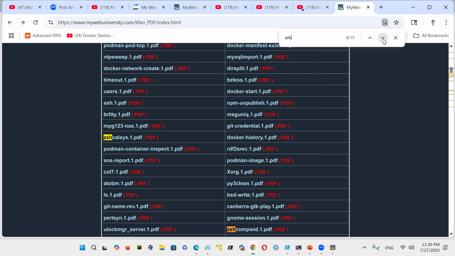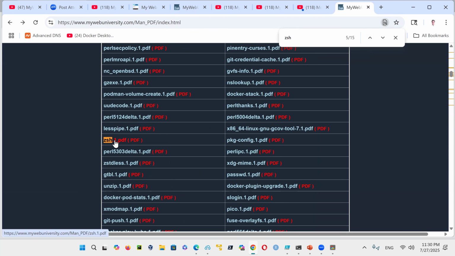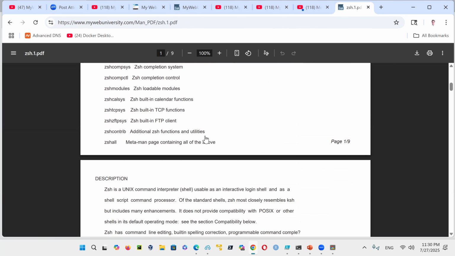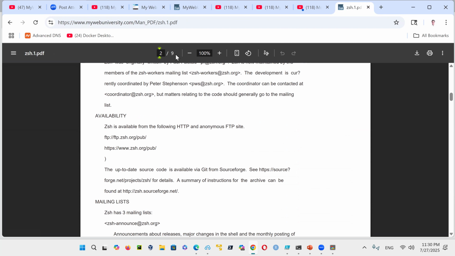So one of them is the zsh.1 PDF file, this is the documentation here. At the same time, if you say this is not enough because it's only 9 pages, I want to learn the entire Linux website. You see this HTTPS, you could search Control F HTTPS